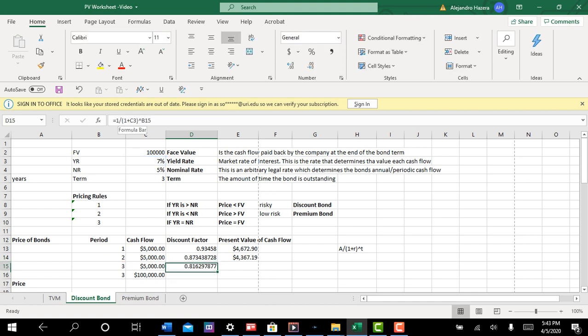Change that to that. Okay, and that makes sense. Notice that the factors are all going down. So if you pay or receive, either one, $5,000 3 years from now, on a discounted basis in today's dollars, it's only worth 81.6 cents on the dollar, or on $5,000,